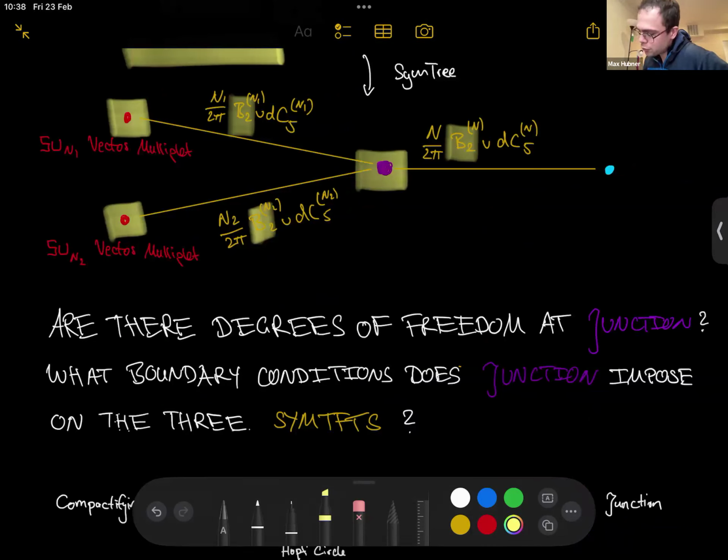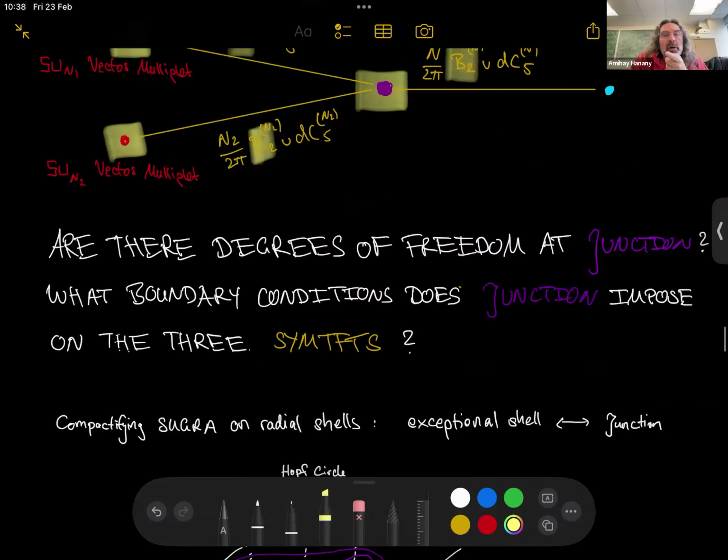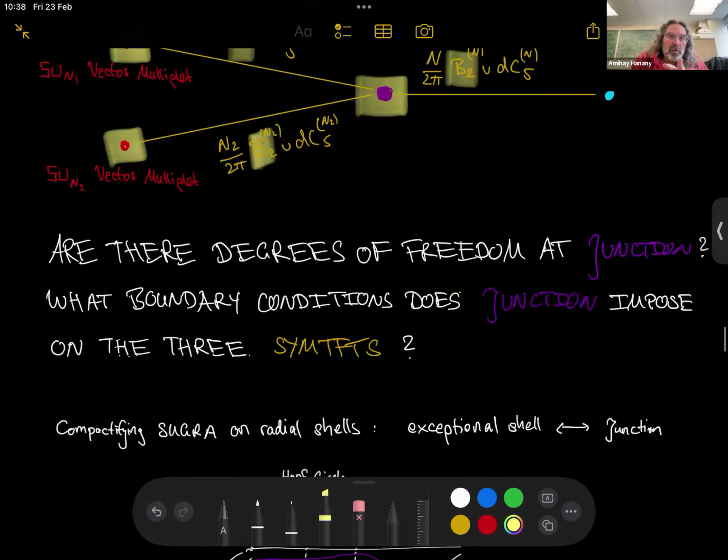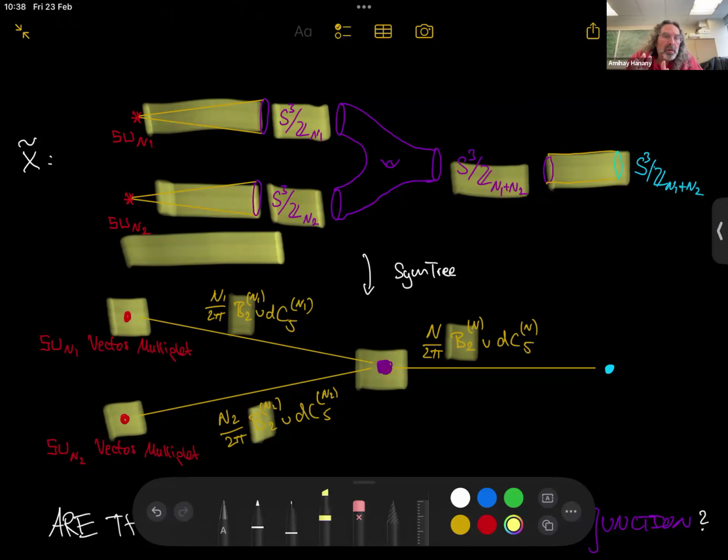Exactly. Are there degrees of freedom at the junction? And what are the boundary conditions the junction imposes on the SymTFTs? So this you can do for any value of n1 and n2, right? Correct. So you get the partial order structure of partitions of n. Now, do you give any significance to intermediate steps where n1 can